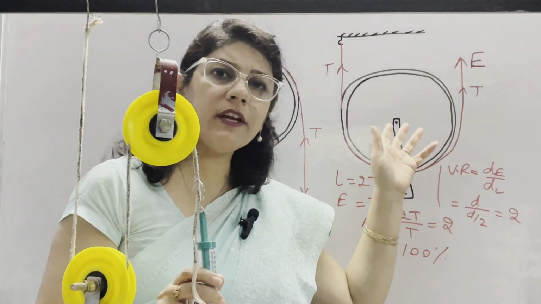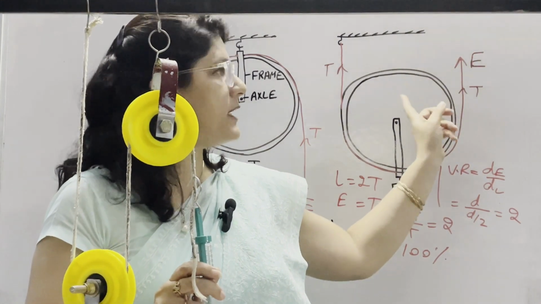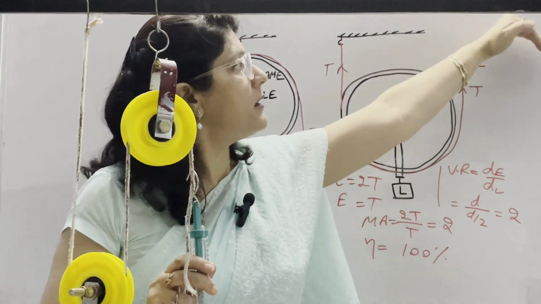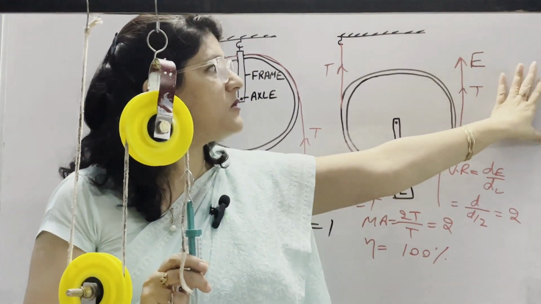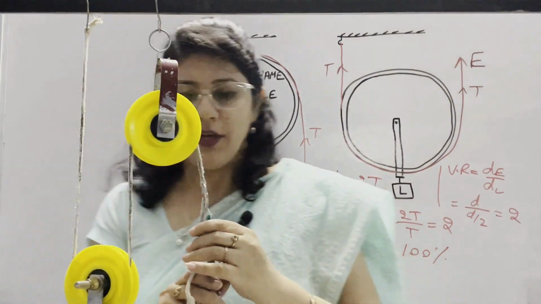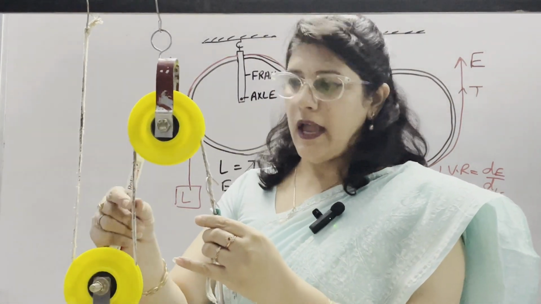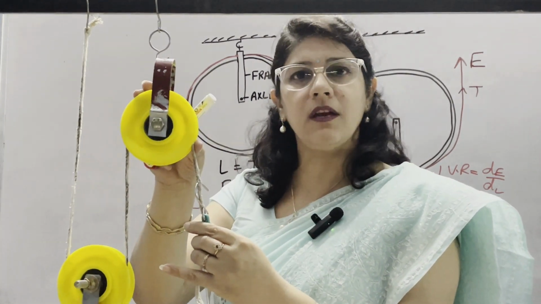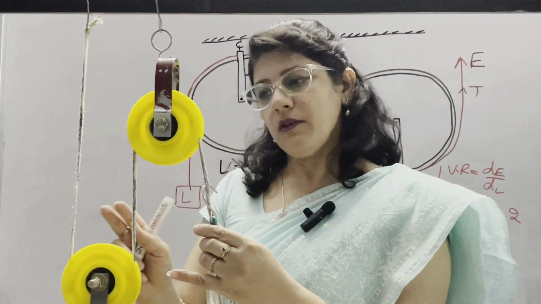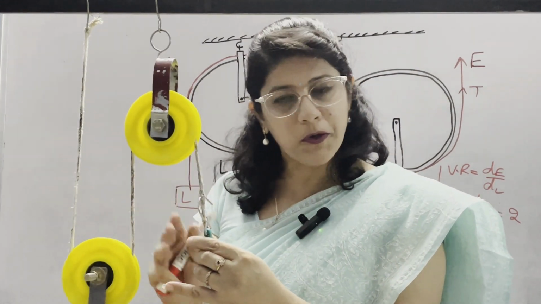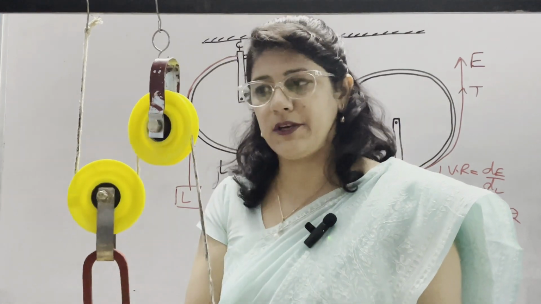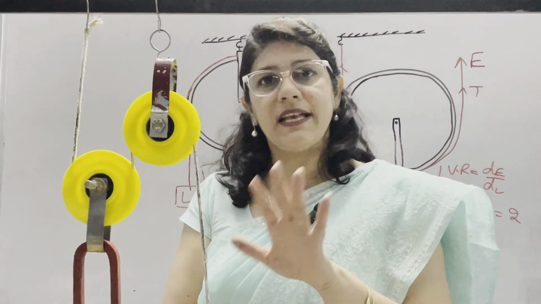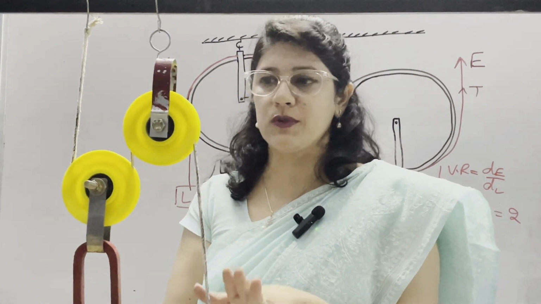It is very inconvenient to apply effort in the upward direction in case of a single movable pulley. This problem can be overcome by using a single fixed pulley in this direction so as we can apply effort in the downward direction. You can see here, this is a movable pulley. Effort is here, but we want effort in the downward direction. So, we are again using a single fixed pulley. With this combination, we are getting MA equal to 2, VR equal to 2 and effort in the downward direction. So, this problem can be overcome and we can use our own body weight as an effort. So, it is very easy for us to use this system.